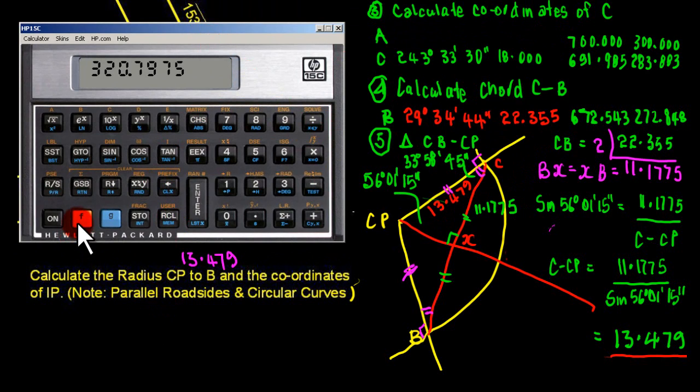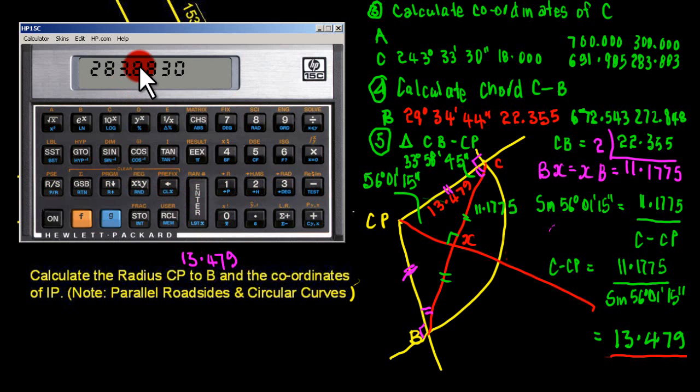written out. So first thing to do is just to clear the sigma key, put in 300, enter, 700 sigma plus, and then 243.3330 in hours, 18 to rectangular, sigma plus, recall sigma plus, and there we have our northing 691,985